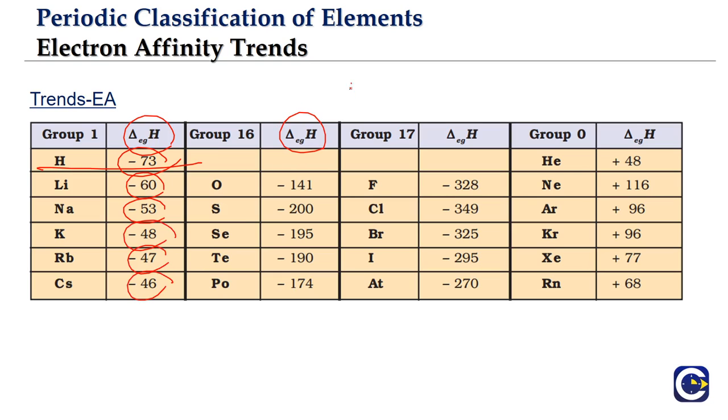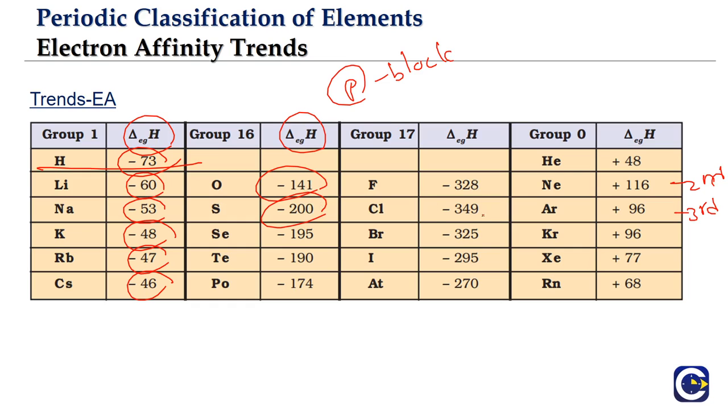But if you look at the p block, remember what we said? In the p block, the second period and third period show an anomaly. The second period oxygen, you check it, and sulfur. The sulfur value is more than oxygen. More means, don't look at the negative. Negative represents that much energy is being released.